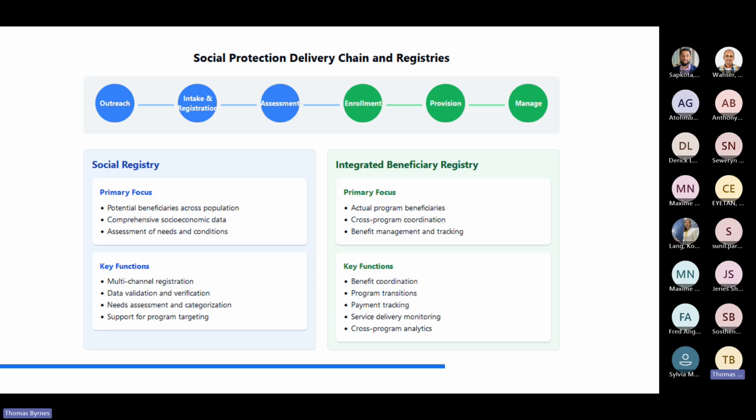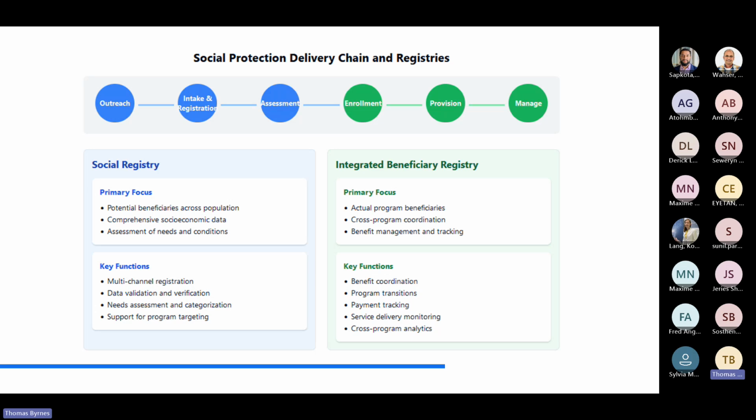So, interoperability, integration, and standardization of data frames is a critical part for the social registry, because it's often trying to take data from many different ministries and many different departments into one approach. An IBR, by contrast, is really about enrollment, provision, and management, after individual beneficiary registries are reporting to an IBR to enable a consolidated overview of what has actually been provided. This can be within one department, within a social protection ministry, or different elements,